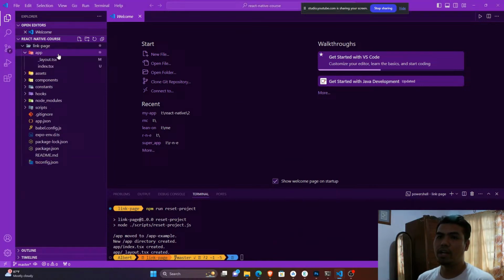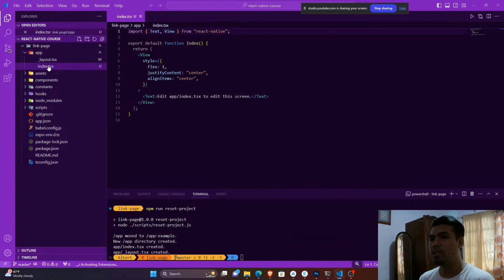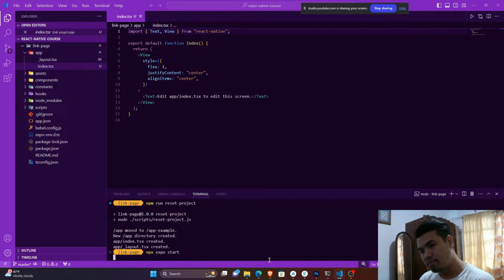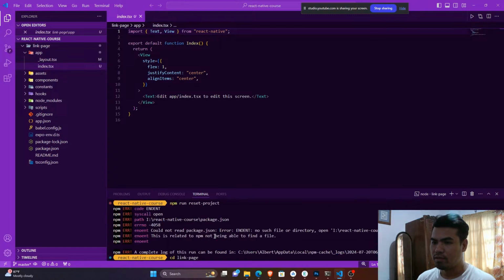And after that we're going to go here, and this is the index.tsx, which is the main page of your application. So when you run your program, your application, this one will go to the screen. So let's try if that is working. Okay, so we're going to npx. Let's try typing npx expo start and see if it will work. Yes, it's running,